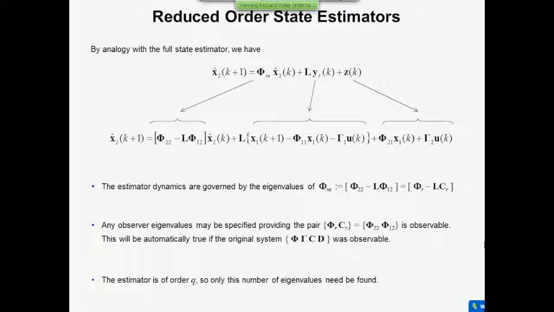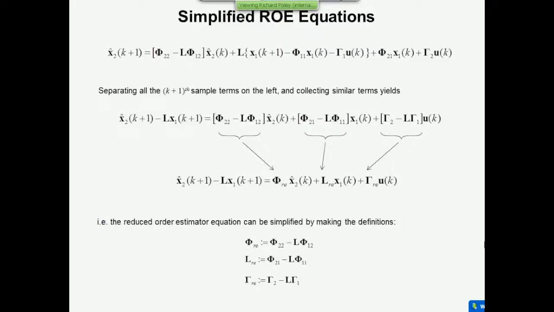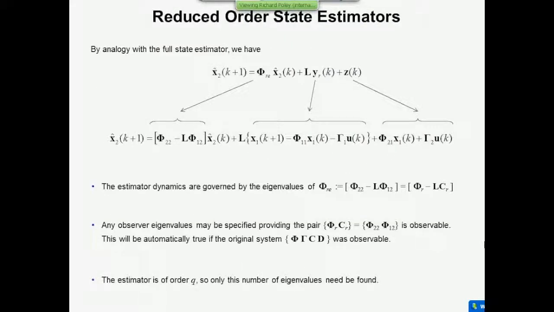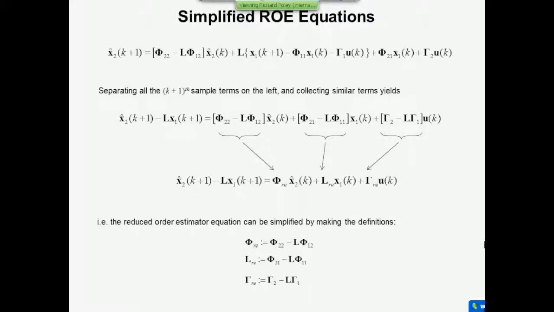You've actually got fewer eigenvalues to find because you're only producing the X2 partition, which is n minus however many states you're measuring. Now, funnily enough, most books leave the equations in this form, and it's kind of a long, unwieldy form to get to, but you can simplify this quite a lot because you've got several terms involving x1 and several terms involving u. I haven't seen this done anywhere else, but if you do simplify it, you can write it in this form here by collecting some formulae together.